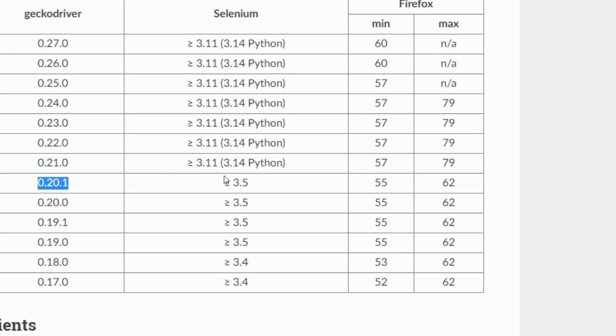Okay, so similarly there is another compatibility which you need to check, that is the Selenium server jar file. For running your script on Firefox, you need to use a minimum 3.11 version of your Selenium server jar file. If you use less than that or above that, which is not matching with this one, your script will fail. So this is very important.